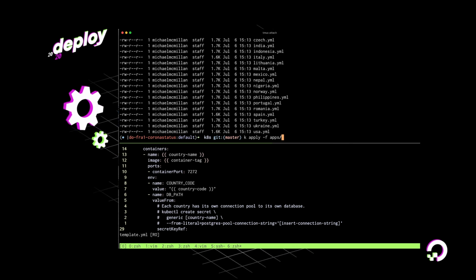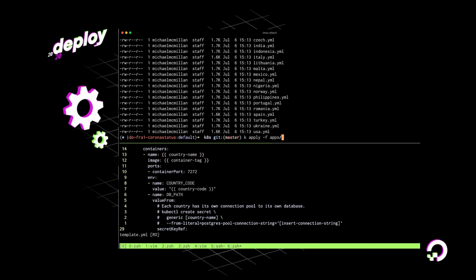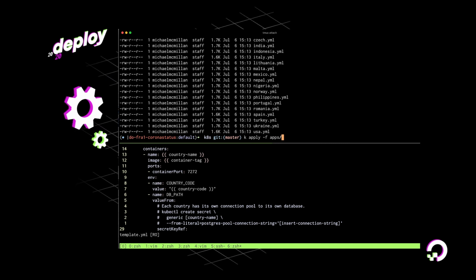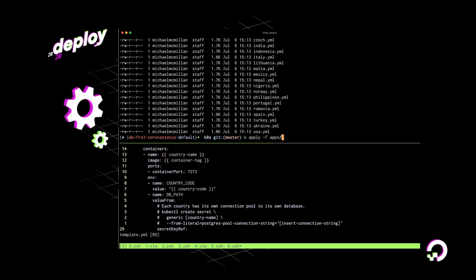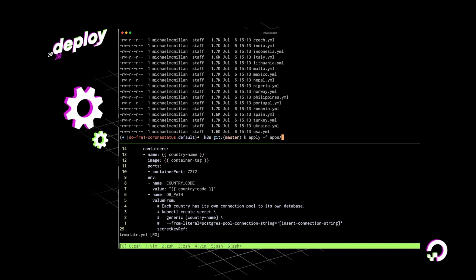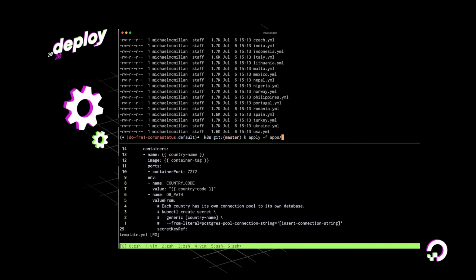From there, it will try to diff the state the cluster is in with what the manifests contain, and if there is a difference, it will actually apply those changes. So this is a really nice way of working with a lot of machines that are very similar but have slight differences.